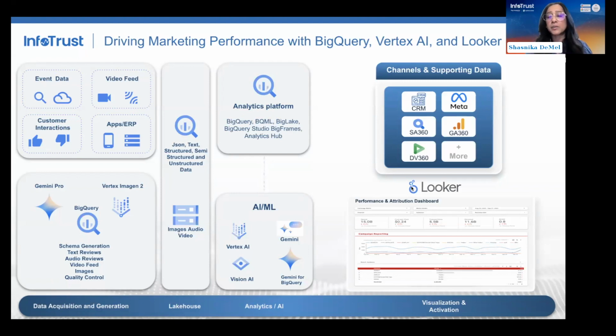And on the right here, what I want to highlight is that you can bring all of the insights that you get from the models, the audiences that you also build from the models, all within your Looker dashboard. So you can understand how they're performing over time, as well as be able to push them to your Google marketing platform or other marketing platforms.